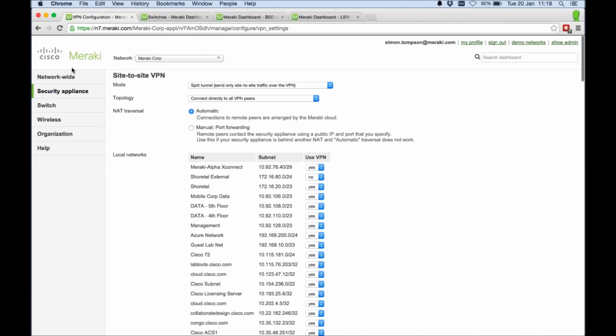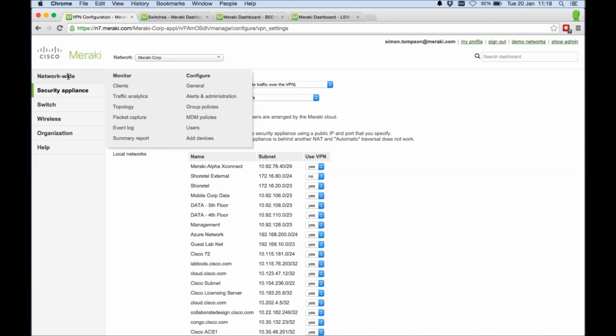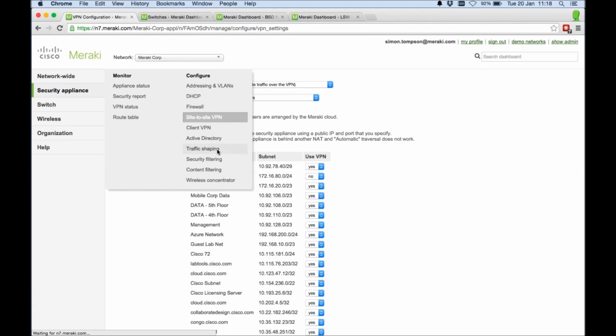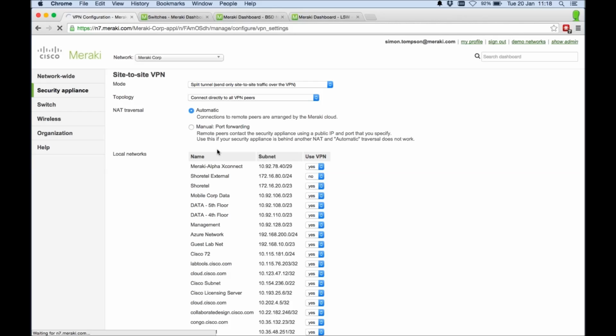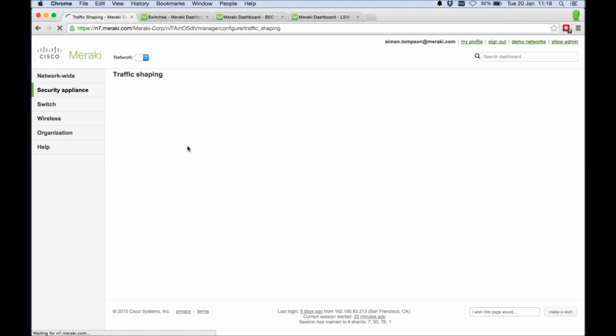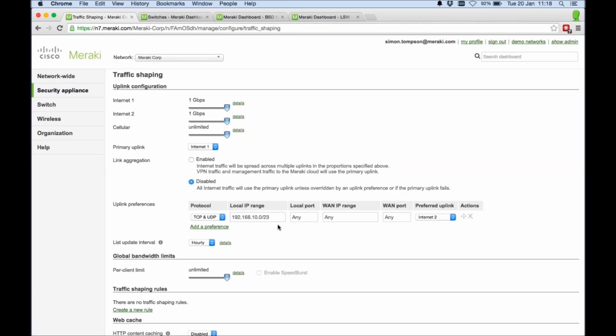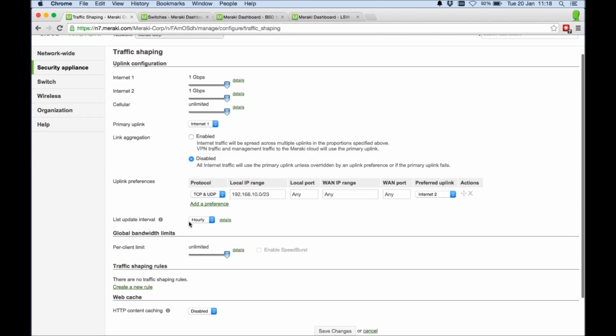The other interesting thing we've done, which I think is worth mentioning quickly, is on the traffic shaping page. As I mentioned, now you can essentially decide how long, how frequently you want to update your lists. So I'm going to let that load. Here we go. So for example, as you can see, we can actually say, hey, just download everything hourly, or